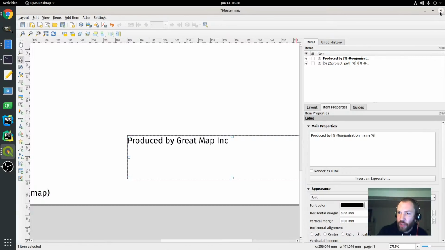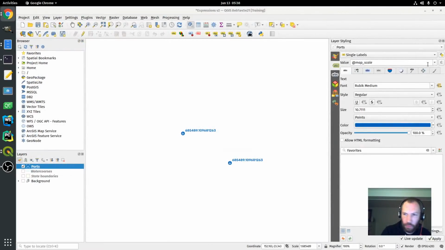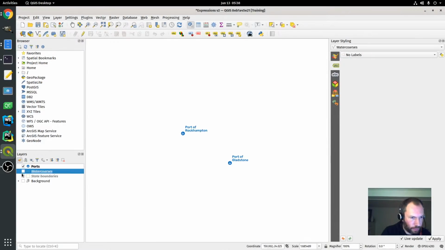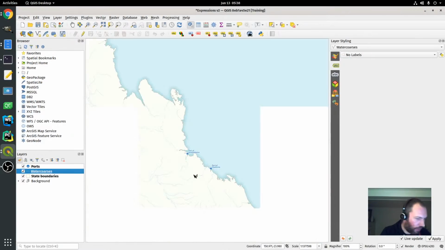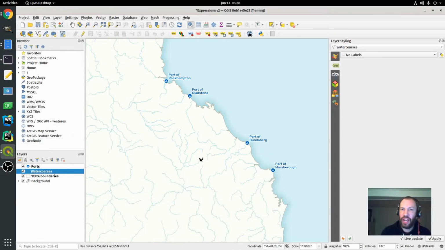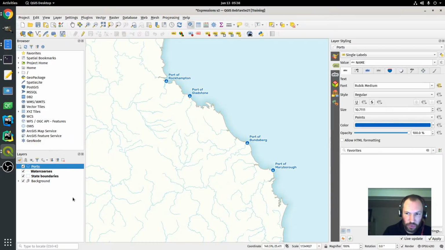All right, let's dive back into my map view. Let's change this one back to something a bit more sensible. And we're going to look at something called data-defined controls for symbols, because this is the last part of our puzzle about how to make these wonderful adaptive QGIS projects. So data-defined controls are,